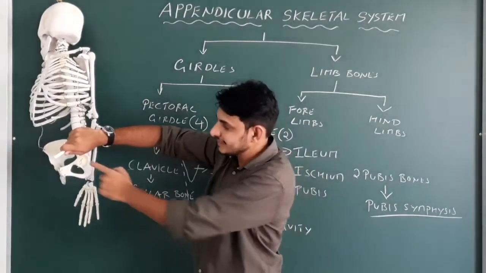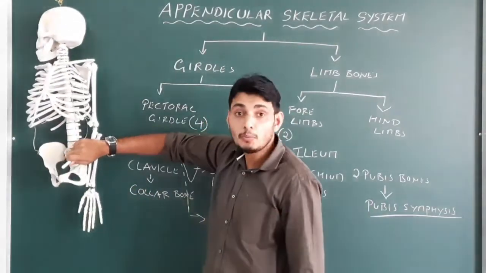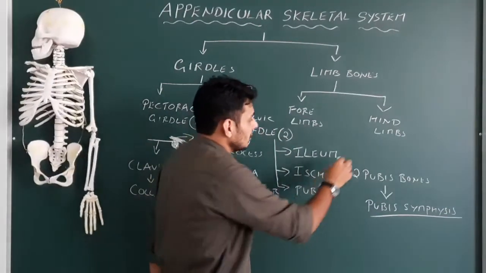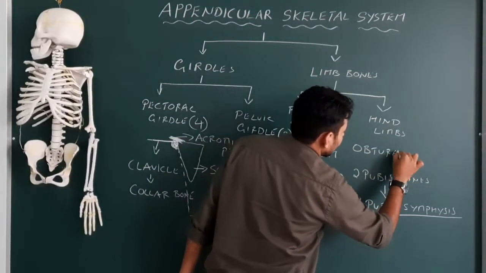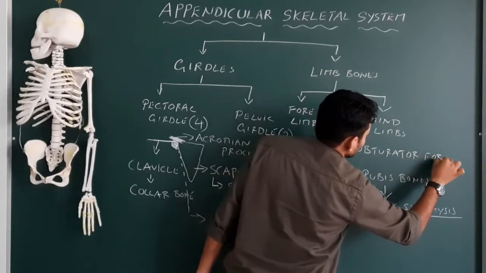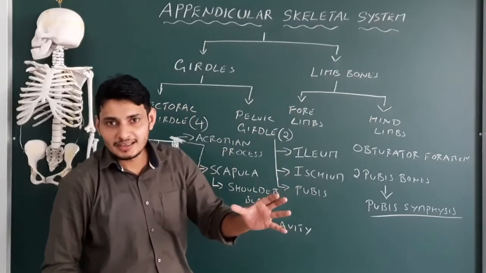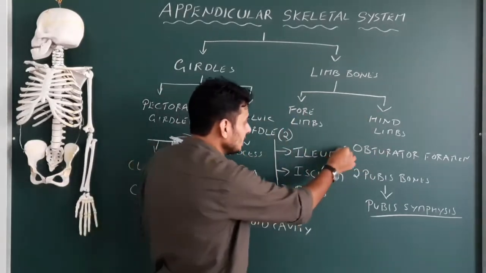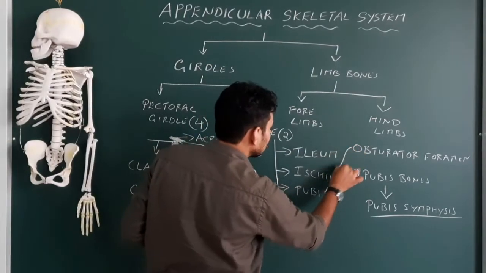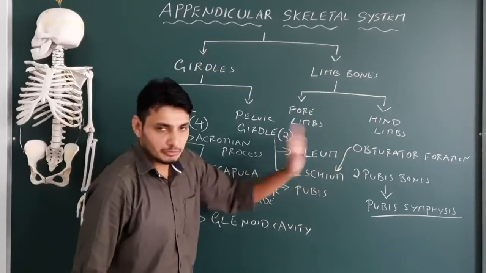Okay, remember acetabulum. Before that, let me write the name of this. This structure is called the obturator foramen. Okay, let me write obturator foramen. So it is understood that the meaning of foramen is nothing but a hole. Got it? So obturator foramen. Where is it present? It is present in the ischium region of the pelvic girdle. Simple, easy. Okay, so we got it now.